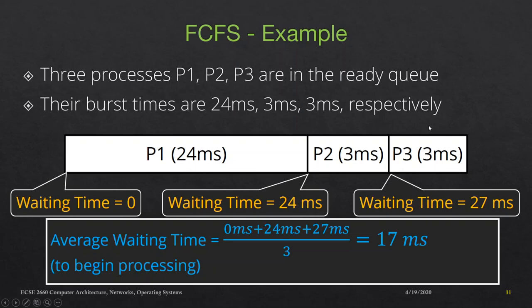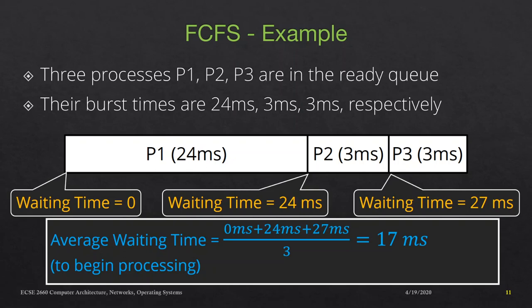Now, what would be the average time if the processes arrive in a different order? For example, what would happen if P2 came first, then P3, then P1? So for example, if we put the longest process P1 way at the end, what would happen? Well, you can run through the simple math here, but you should observe a substantial reduction in average waiting time,